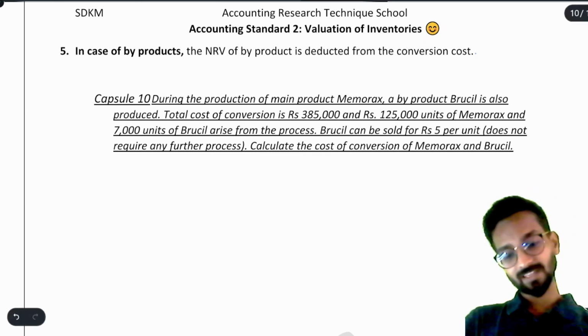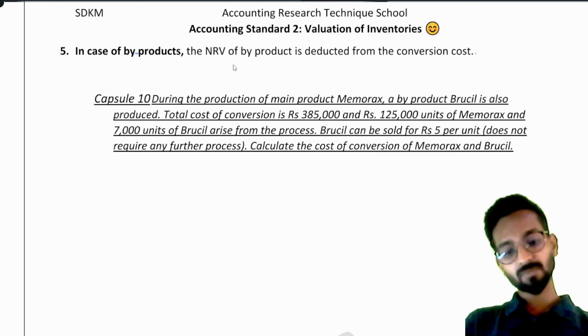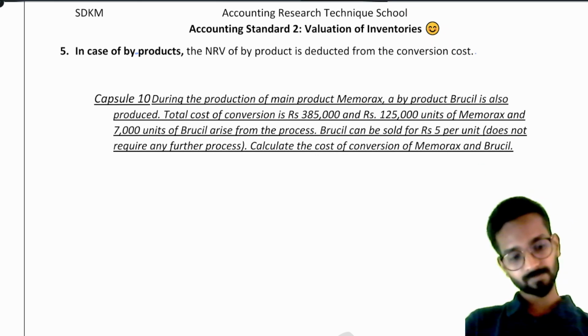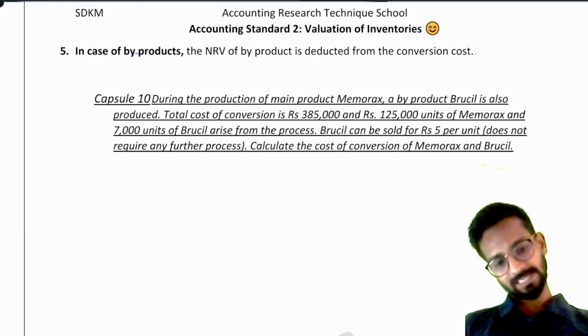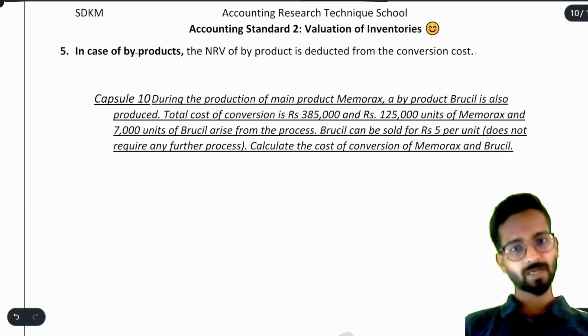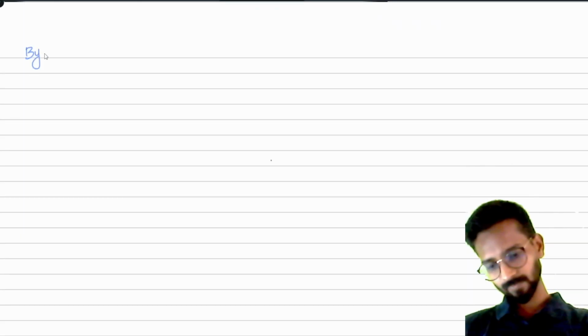Now, in case of byproducts, the net realizable value of the byproduct is deducted from the conversion cost. Now, what does it mean? See, understand this. The accounting standard tells us you are not supposed to find out the cost of the byproduct. They say simply that for byproducts,